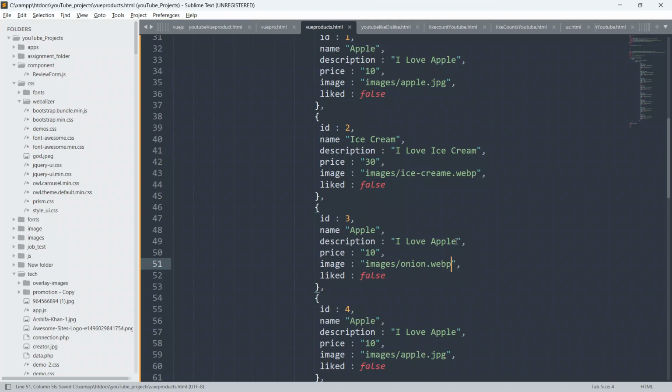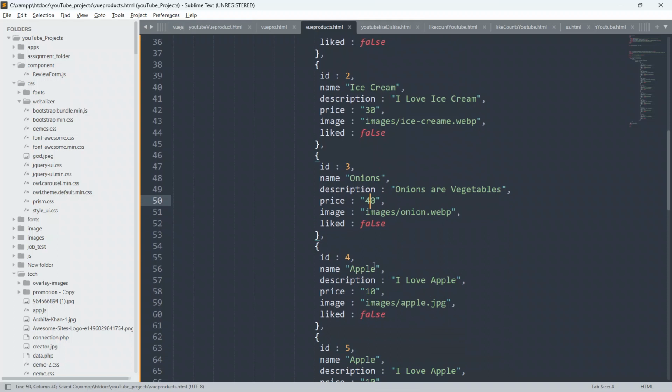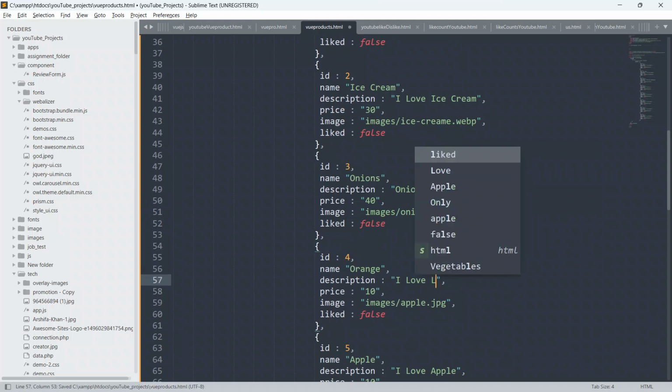Okay, and give onions are vegetables, and change the name to onion also. So onions, and give price 40, and yeah, so give orange, so orange, and just change the descriptions to I love orange.